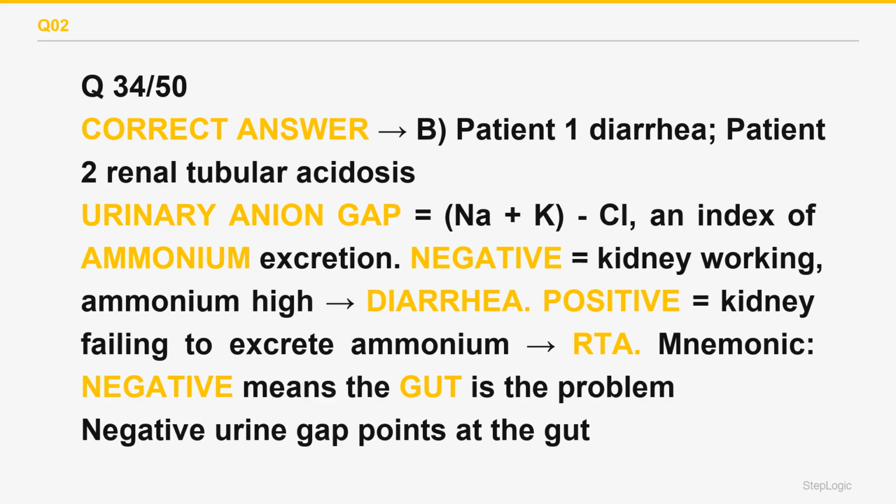Keeping the two anion gaps distinct is essential because they answer different questions and are calculated from different fluids. The serum anion gap asks whether unmeasured acid has been added, separating gap from non-gap acidosis. The urinary anion gap asks whether the kidney is responding appropriately, separating renal from gastrointestinal causes within the non-gap group. Choice E understates a calculation that is both simple and decisive at the bedside. If you see a normal gap acidosis, calculate the urinary anion gap and ask whether the kidney is